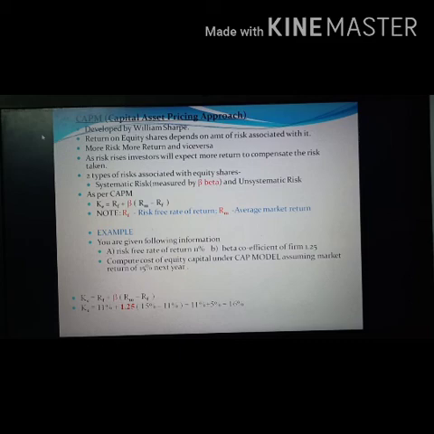So normally this is a broad concept. For your studies, you need to know the concept of the CAPM method. This is a method which is used to calculate the cost of equity share capital. It is developed by William Sharpe and it gives more importance to the risk associated with the investment. So it always says there is a direct relationship between the risk and return. Whenever the risk increases, the return also increases. So the formula is KE is equal to RF plus beta into RM minus RF, where beta is a coefficient which is used to measure the systematic risk of a firm. So that's all about the CAPM model.